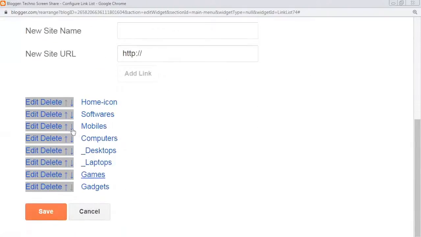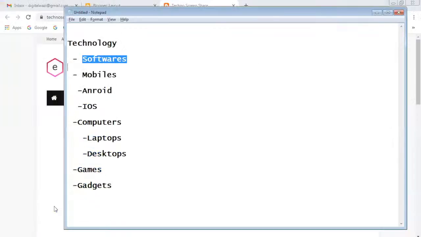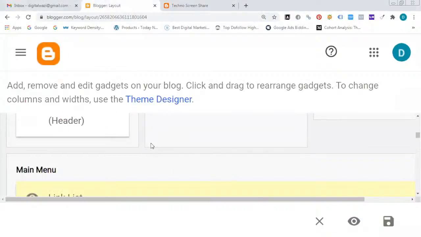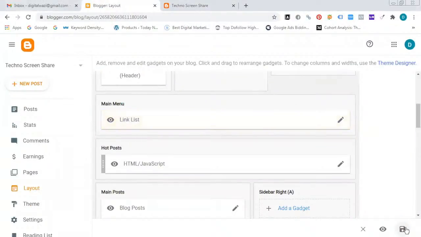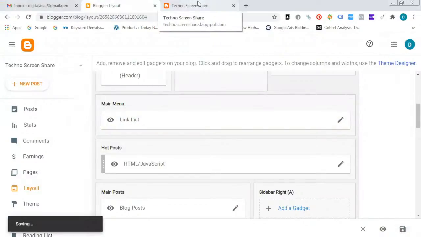After adding these menus, click on Save. There is an option again. Click on Save in our layout at the bottom. Then refresh your website.